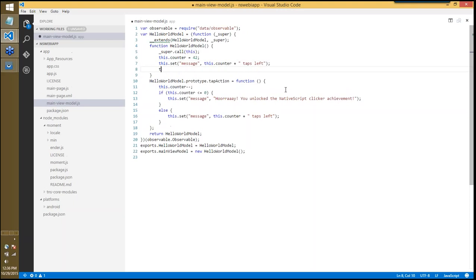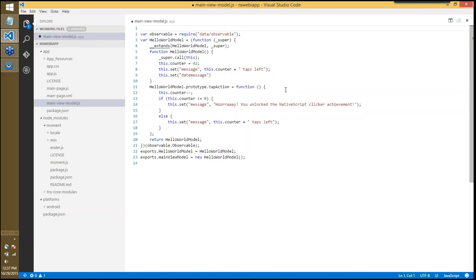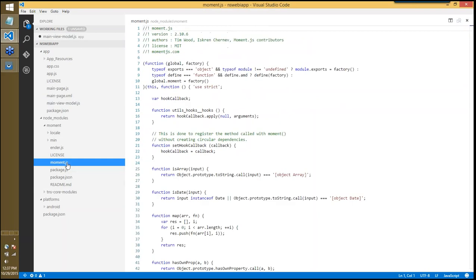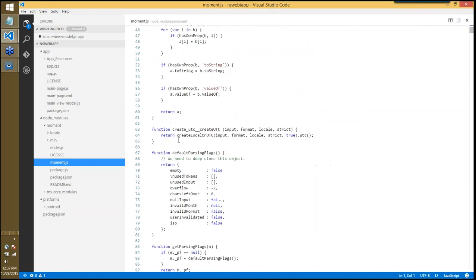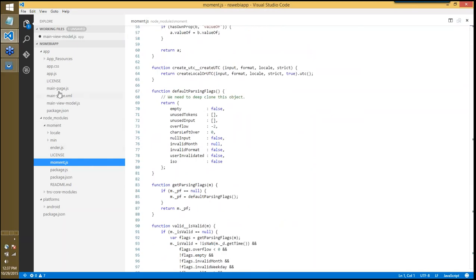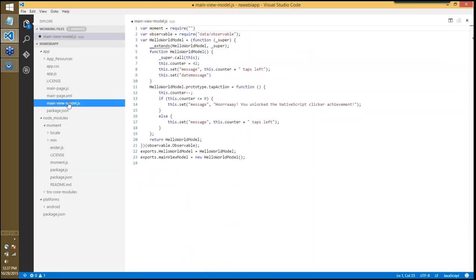Maybe I will say this.setDateMessage or whatever, and I'm going to say var movement is equal to require. If you look at the movement.js, I just have to say movement, and it will have a movement property, right? So I'm going to just come in here, sorry, in the view model, and then I will say require movement,